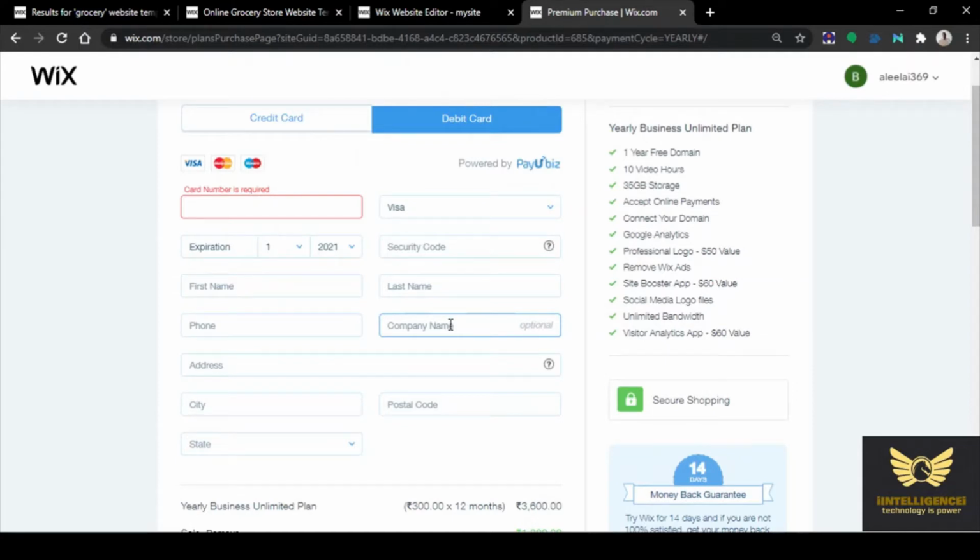You have to provide your company name, debit card number, whether it is Visa or MasterCard, expiration date, security code which is present at the back side of your debit card, first name, last name, phone number, address, city, state, postal code, everything, all the details. You have to keep it ready and you have to enter the details.